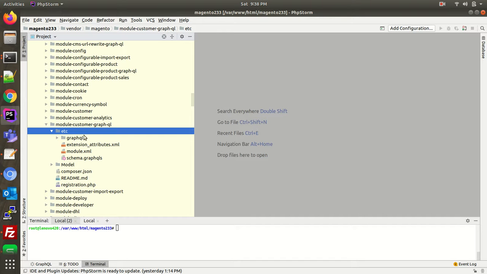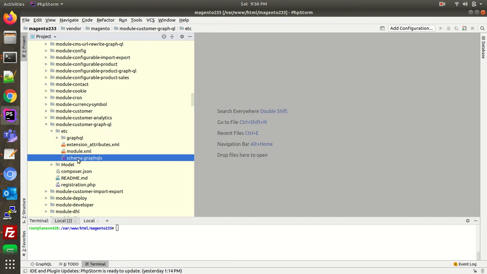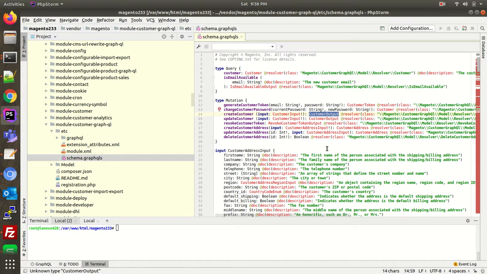The etc folder is there, and in the folder we have a schema.graphqls. Over here is the schema part of GraphQL. Before going forward, I just want to tell you that there are two main sections of the schema of GraphQL that we have to keep in our mind: one is the query part and one is the mutation part. Query, as it says, is basically used for fetching the data, whereas mutation will help you to add or update certain data. As in the case of the CRUD operations that we used to do in the REST API, the same way we can use it in our GraphQL extension.